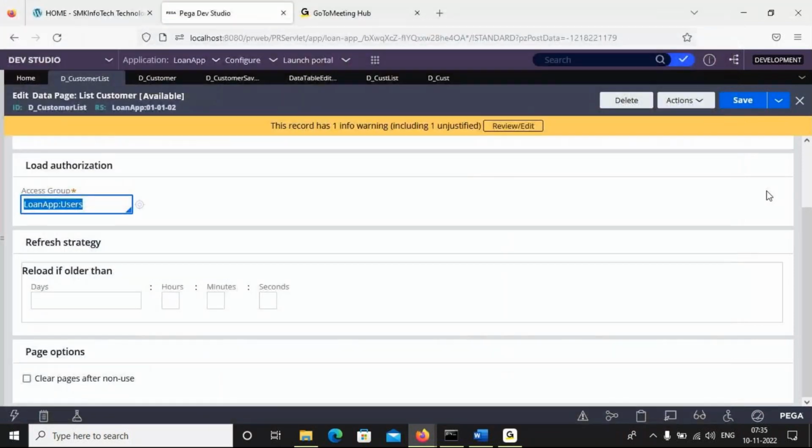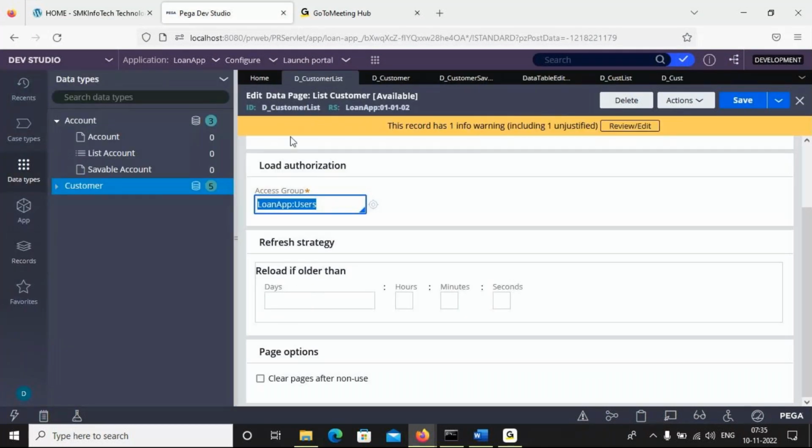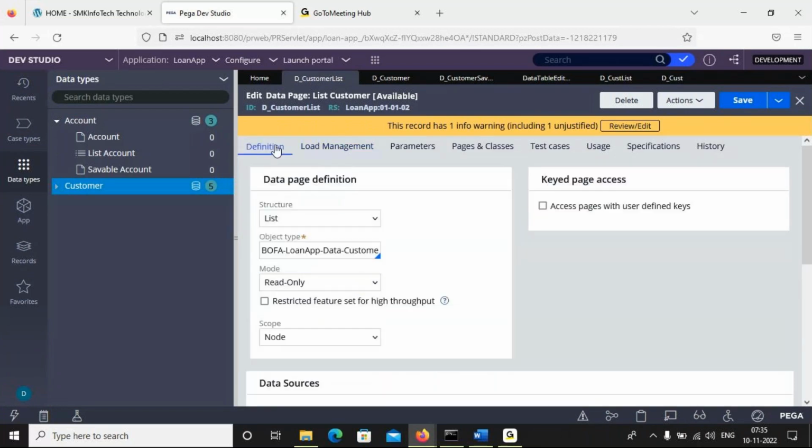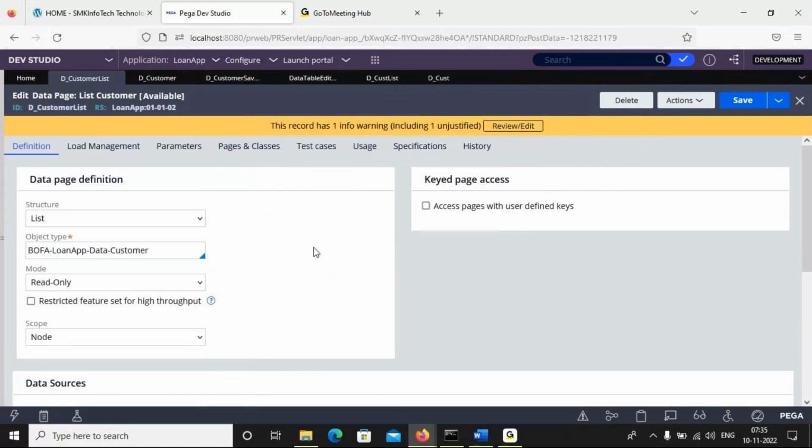So what you have to do tomorrow, you have an assignment by changing combinations. First, number one: when you create the table, you already have the data pages. Open the 3 data pages, see all the options, whatever I explained to you, then note all the points. After that, by changing these combinations, run the rule and check the data, where it is coming inside the clipboard. That's the first assignment.